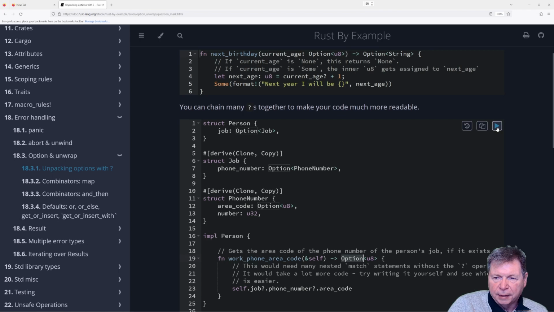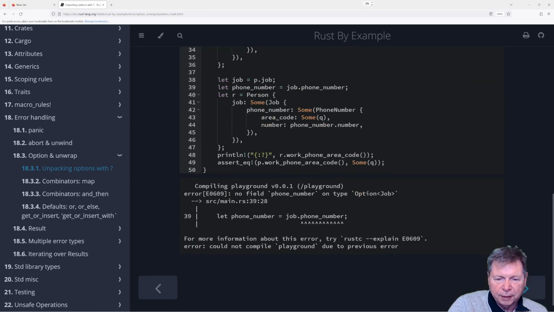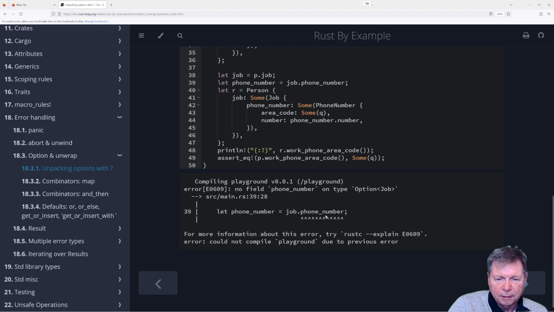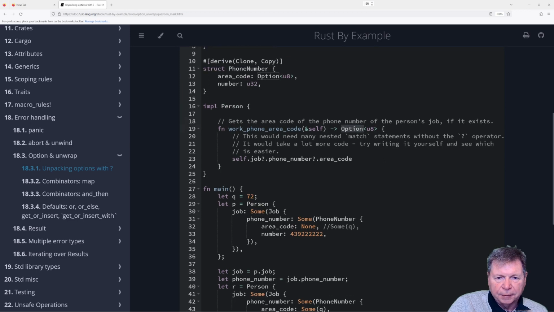Let's try it now. Just assume things are right. Okay, what's this? No field phone number on type option job. Oh, it's still an option job. I thought this would extract. So this isn't working. Oh, dear. Okay.